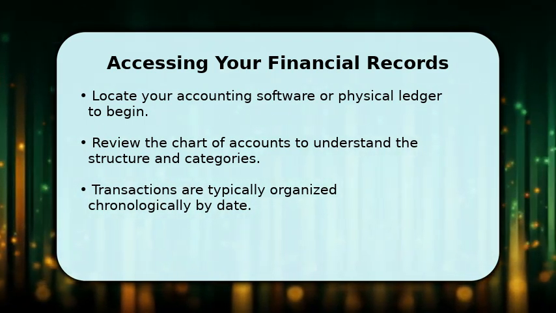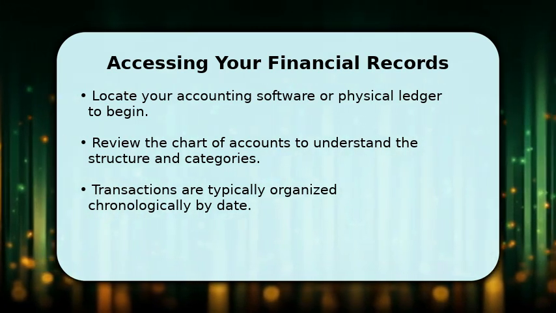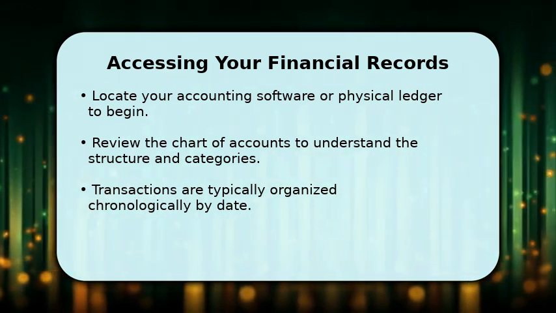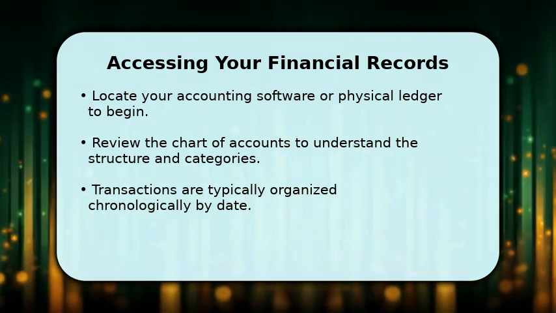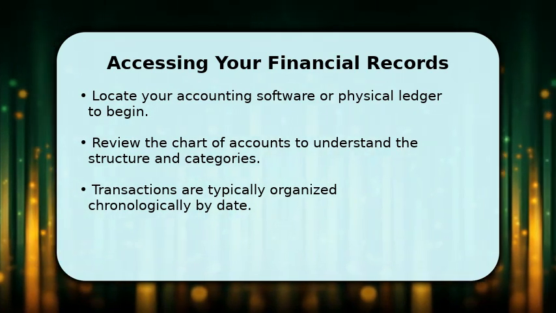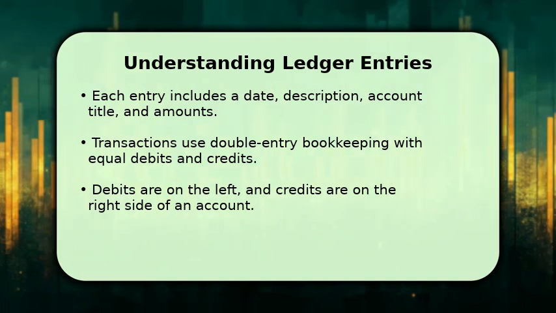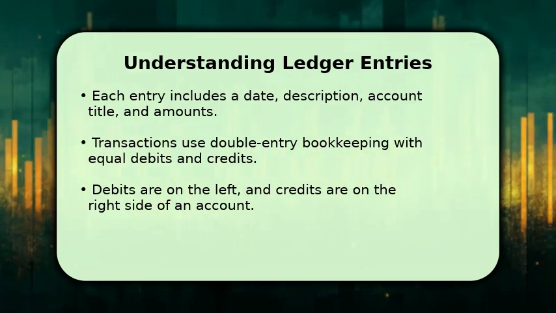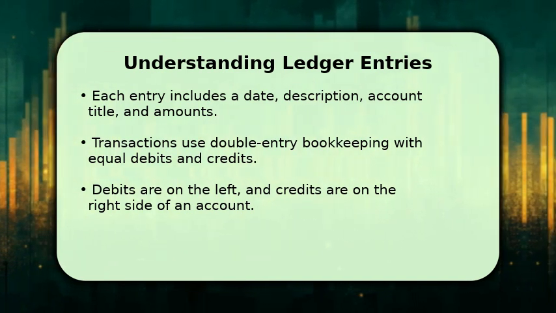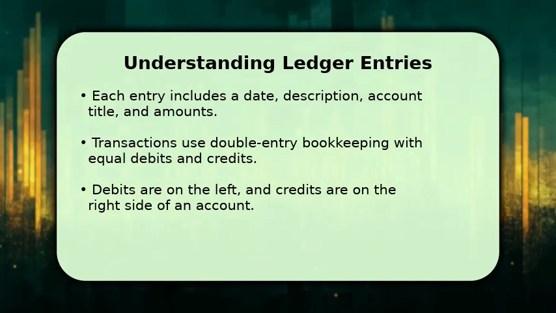You will find transactions listed chronologically, with the most recent entries usually appearing at the bottom, making it easy to follow the flow of financial activity. Every entry in the general ledger provides specific details about a transaction. You will see the date it occurred, a brief description, the affected account title, and the corresponding debit and credit